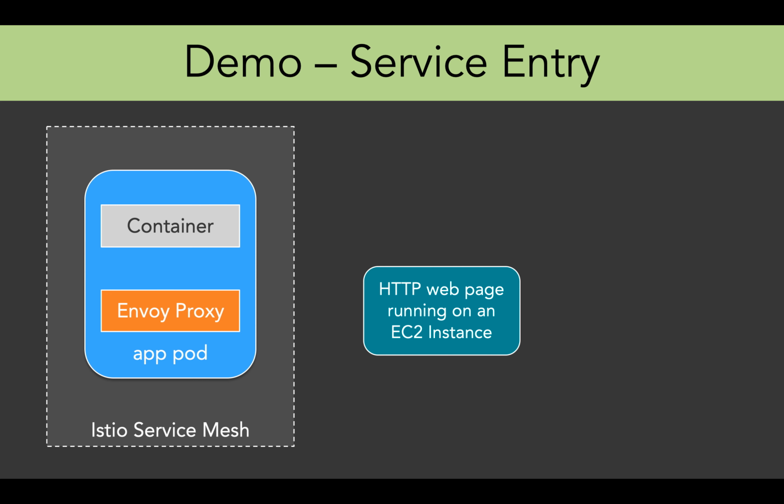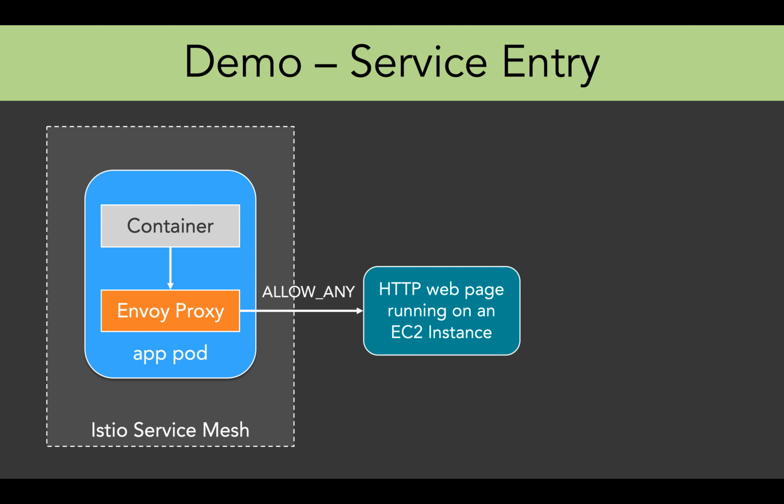If you do not know how to do that, I have mentioned the commands in the document of the resources section. So log into the EC2 instance and then use those commands. I'll try to access this web page using curl from the container. And you already know that when I try to do that, the container would connect to the Envoy proxy and Envoy proxy would connect to the EC2 instance in turn.